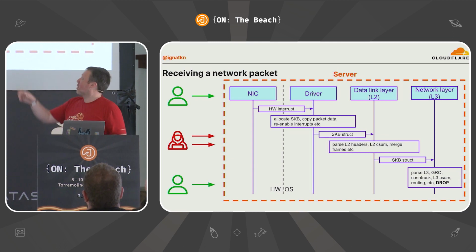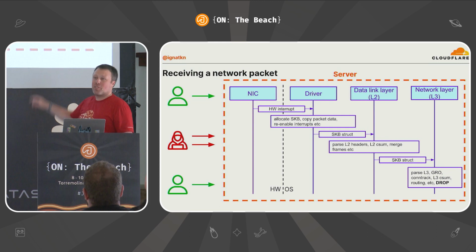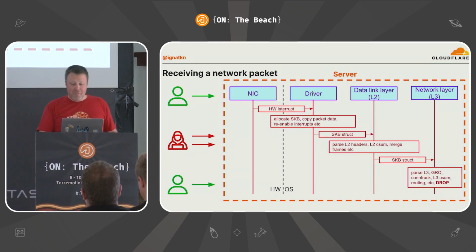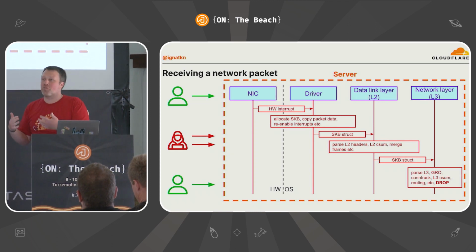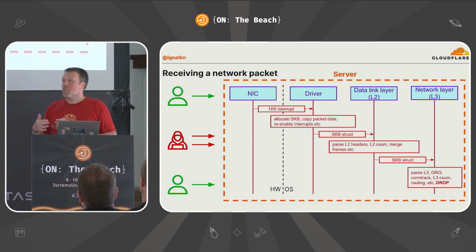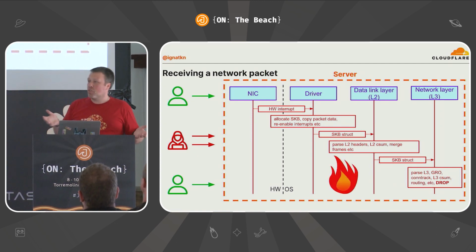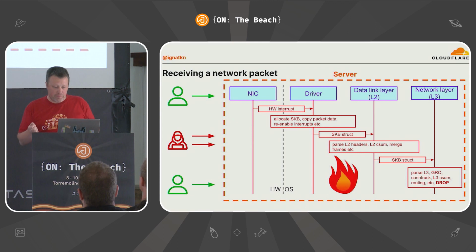Only then, after all this processing, it says, oh, I have a firewall rule, let's drop this packet. So with enough incoming traffic, you still make the server do a lot of work just to decide to drop the packet. And with enough incoming traffic, you can actually overload it in this way.